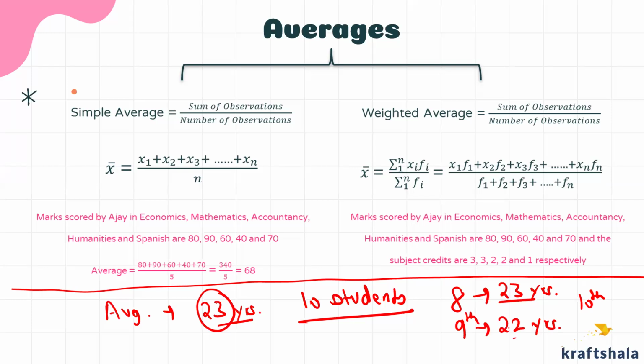That means one person has reduced by one. So the 10th person has to compensate this loss of one. Are you getting it? So he has to be 24 years, so that the entire thing boils down to 23. If you read the definition carefully, that is what I mentioned: if all the things are distributed equally, then each equal value. So this was 22, this was 24, average of these two will again be 23, right?